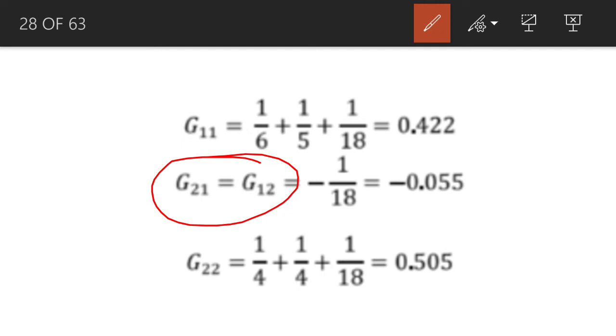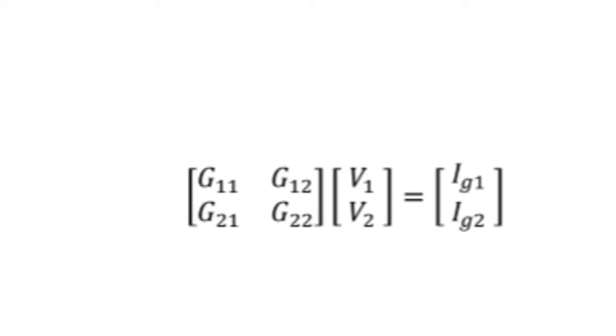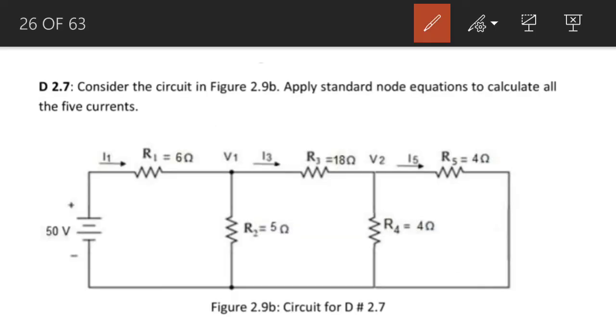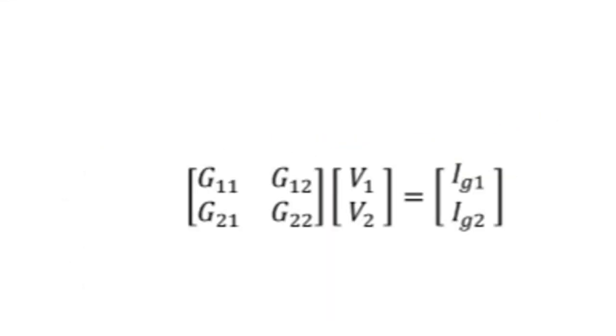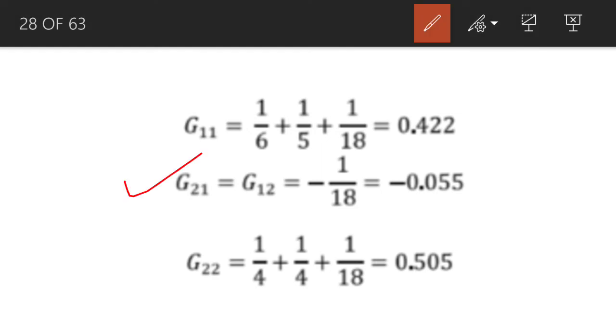Then for the calculation of G21 or G12, we consider the resistor which has been connected to the first as well as the second node, and the resistor which has been connected to the first as well as the second node is 1 over 18. So G12 or G21 will be equal to minus 1 over 18. So let us consider G12 over here. G12 is always equal to G21. There is always a minus sign with this conductance. So it is equal to minus 1 over 18, and we have minus